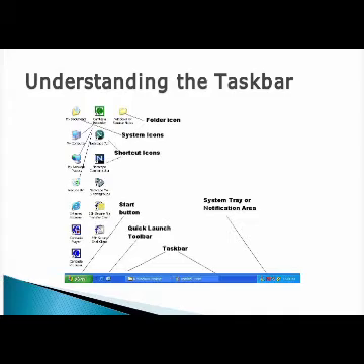This has icons. Can you see My Computer, Internet Explorer? Same way, you can keep any shortcut icons over here also. For easy access, that is called the quick launch toolbar. When you click an icon in this toolbar, it will open very quickly. That's why we call it the quick launch toolbar.